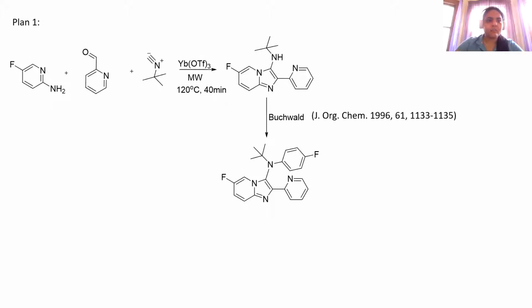Besides that, we are also working on first making this alkylated and then doing the work to annihilate this one. So in this, we are optimizing the reaction. We are getting yields, but those are pretty low. So yeah, we are working on that.